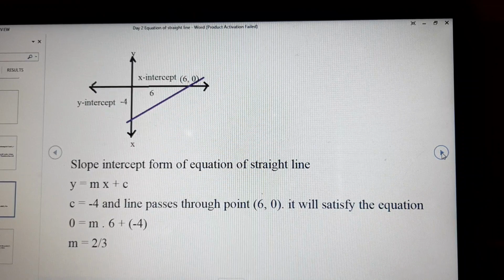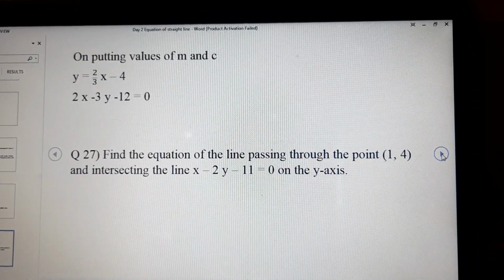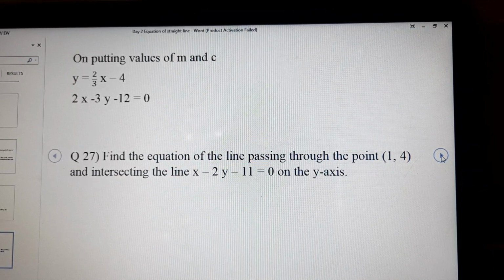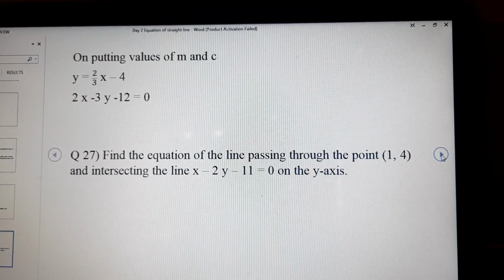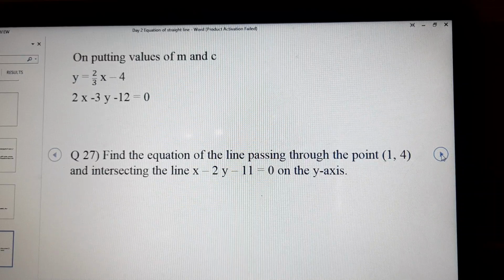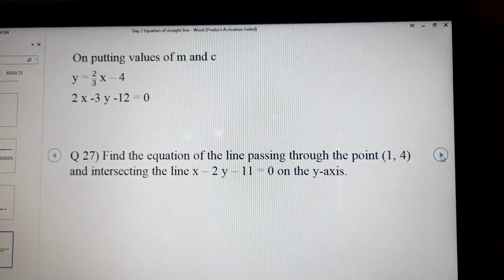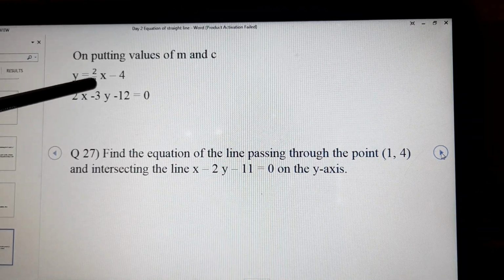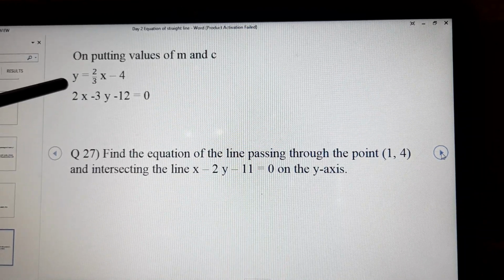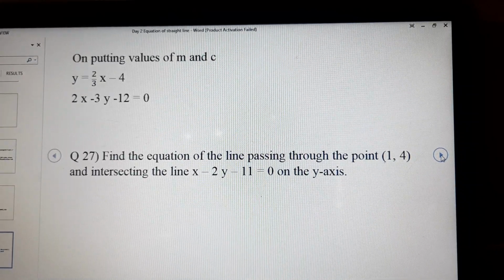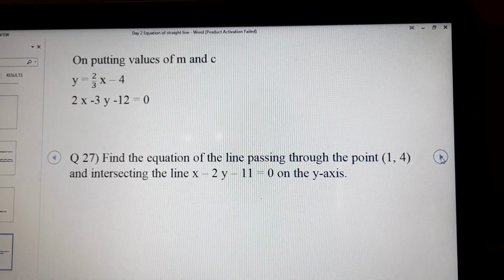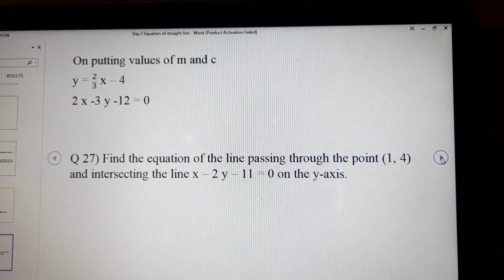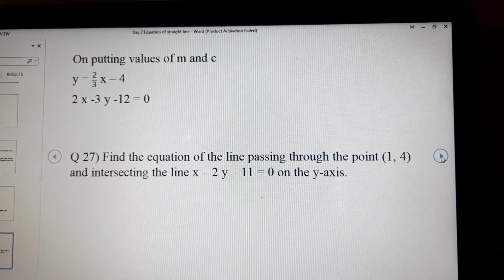We still have not got the equation. So once we have got the value of m, c is already given. We'll substitute in the standard form y is equal to mx plus c. Then we'll get the equation of the line. Okay. We'll take the LCM and then we'll take it over here. So cross multiplication. So it becomes 3y is equal to 2x minus 12. So 3y is also transferred this side and the equation is 2x minus 3y minus 12 is equal to 0.